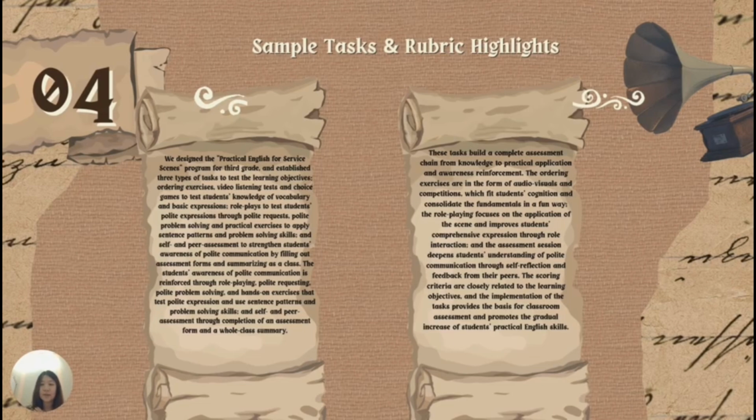To evaluate students' learning outcomes, we developed three types of tasks. The first includes ordering exercises, video listening tests, and choice-based games. These are used to test students' vocabulary and understanding of basic expressions in a fun and engaging way. By using audiovisual materials and competitions, we make sure the activities fit students' cognitive levels while helping them consolidate the